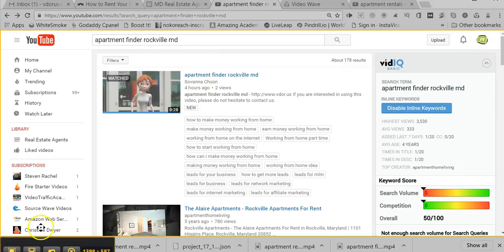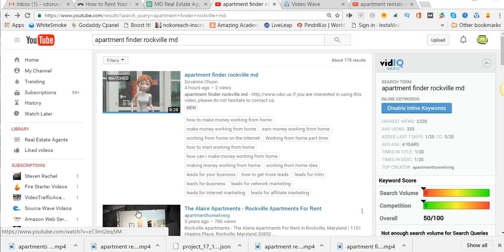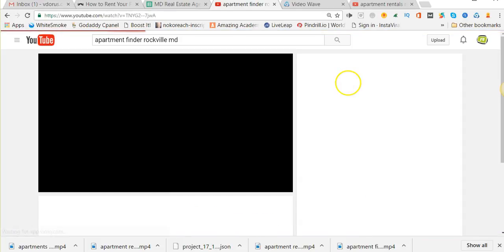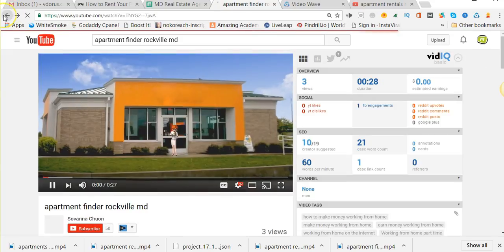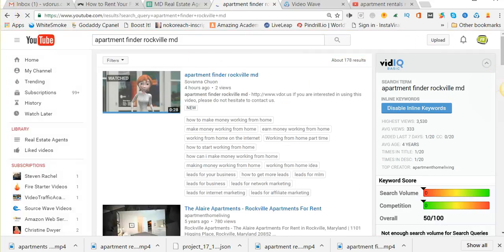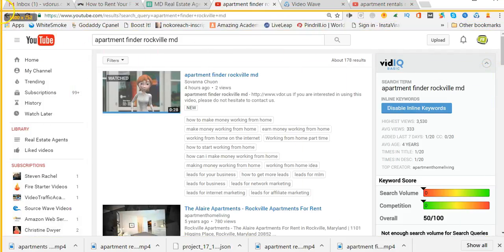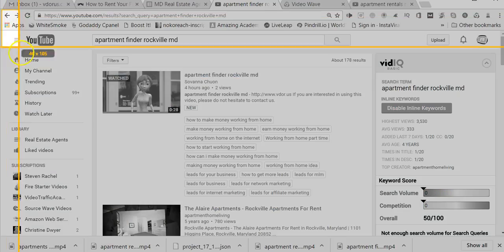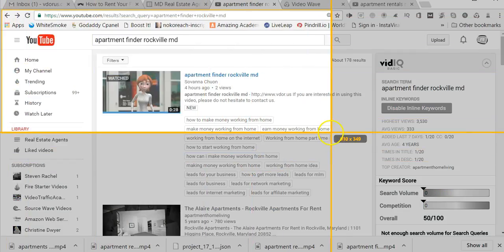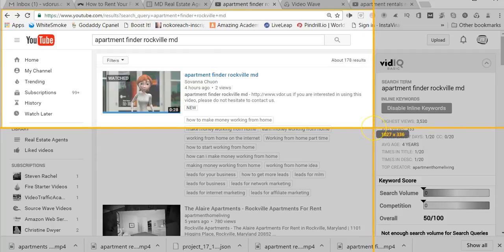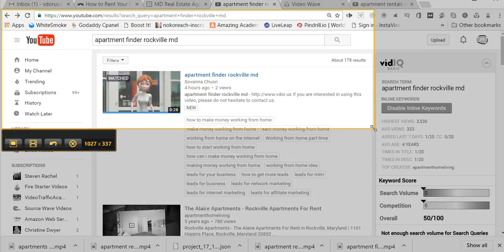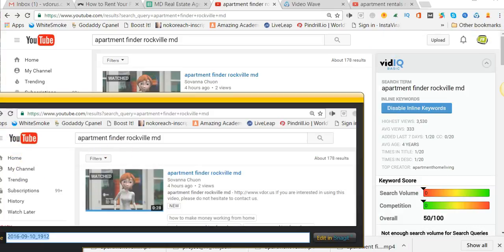My computer is not working too well. Where's my mouse? Okay. So I want to start from the edge here so that people know that it's YouTube. And I want to make sure that I capture enough, right? So I get that. It shows that this video is on first page. And I click on capture, which is the first box right here. And now I can draw a box